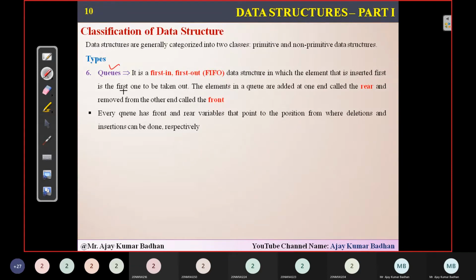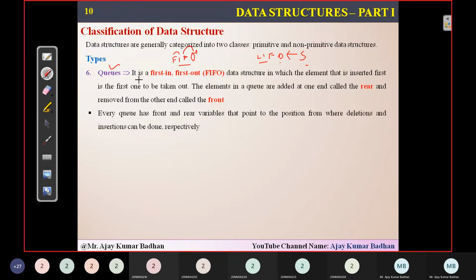The same concept we are going to apply. In a queue, whenever people are standing in a line, whoever is standing first will be the first person to go out, isn't it? That's why it is called FIFO. A queue is FIFO: whoever is standing first is the first person to go out. First in, first out. Stack is LIFO. Don't get confused. Stack is LIFO: last in, first out. Whoever enters last will be the first to move out in a stack. But if you forget whether a queue is LIFO or FIFO, the simple logic I give you is the movie ticket line.